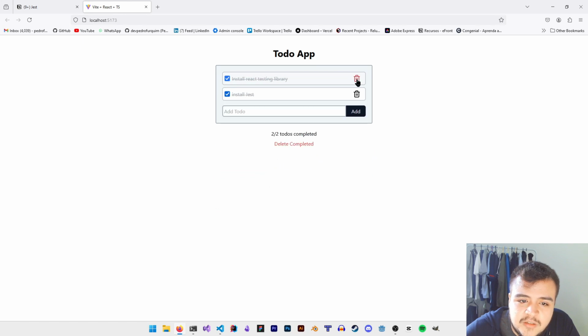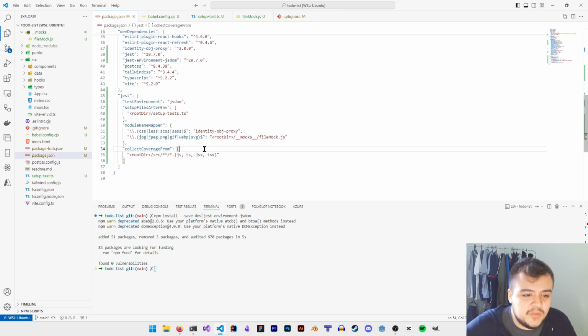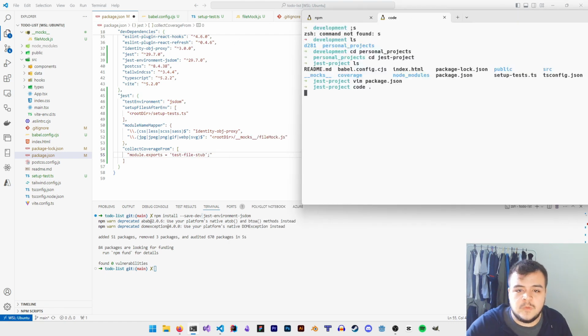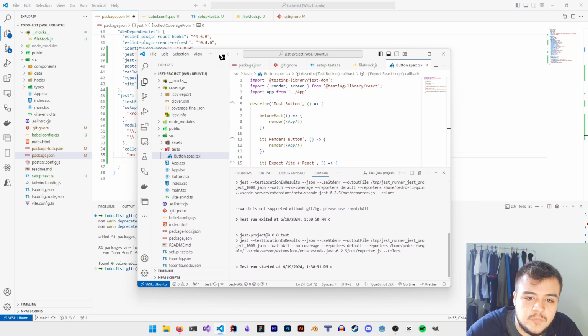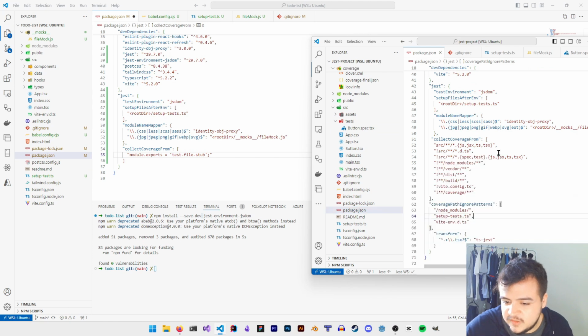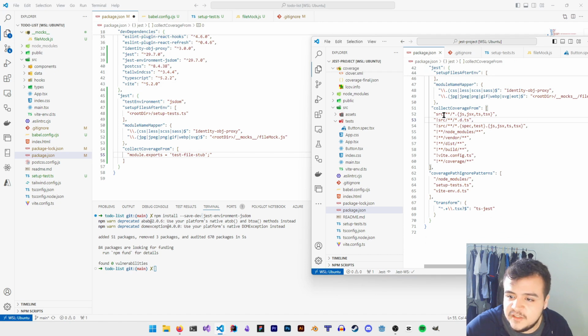I need to show you guys some things and actually update some things. First of all, I need to update this collectCoverageFrom, because it returns a lot of errors and it's not collecting coverage in my tests. So I had to update it, and I'll show you guys what I did. Let me open this file in the code, so we can copy easier from here. This is another project, it's not the same, and I have here some setups from collectCoverageFrom and